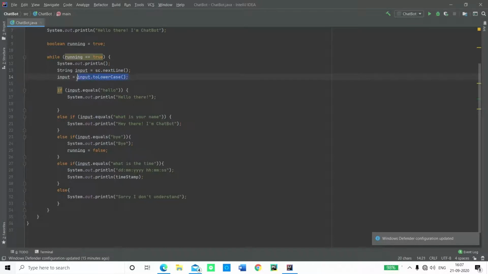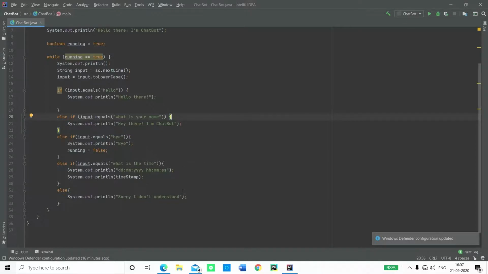So this is another command that we're going to be using to convert every single letter of the variable input to lowercase, and that means the small letters and not the capital letters. And then we can actually use this in all the small letters. That means we don't really have to worry about in what format the user is entering, whether it's capital or small.